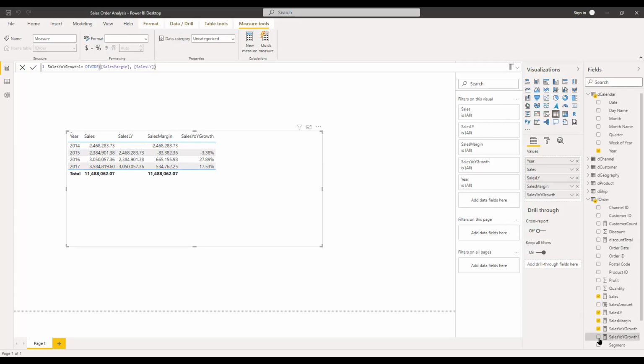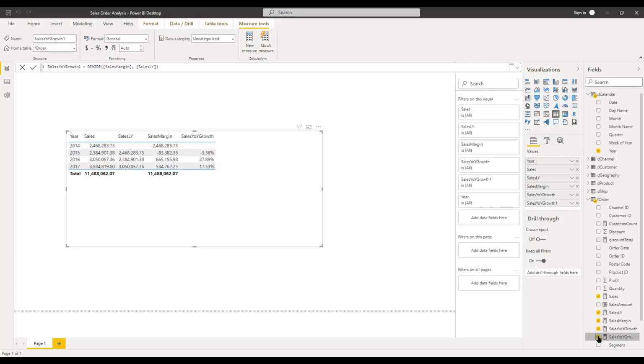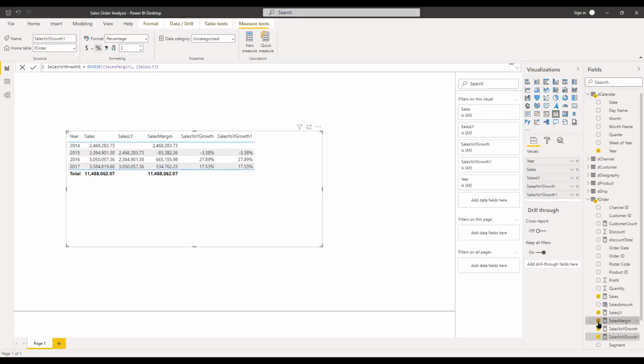And I can make it appear on my table now by checking the box in my field list. And I can change the format to percentage. We can now see that we have written explicit measures for sales last year, for sales margin, for sales Y on Y growth. So basically, we don't need this sales margin to be in our table. We can remove it. It is just a measure that we created in order to be able to see sales